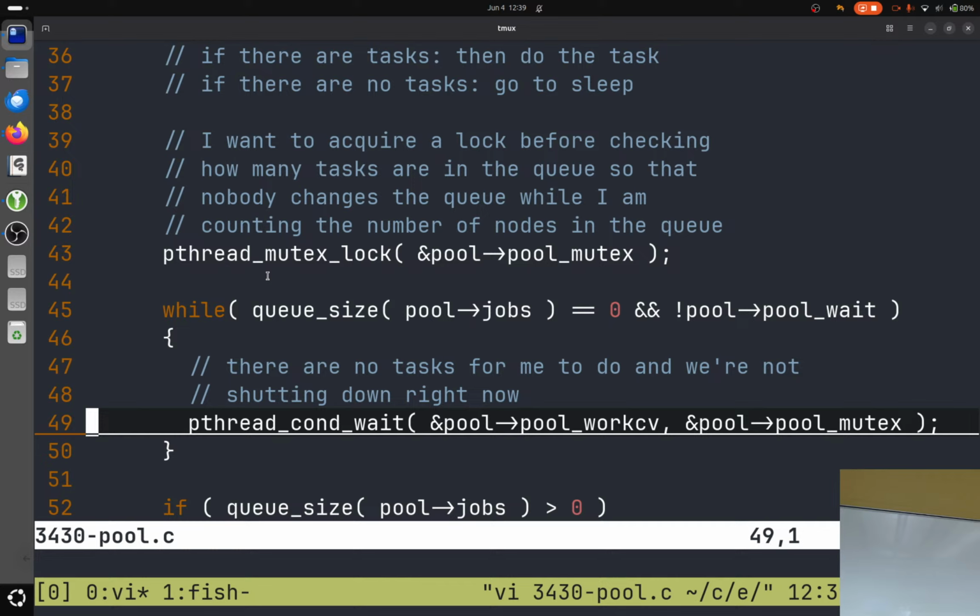With locks, we immediately enter this critical section. Condition variables are put yourself to sleep and, in fact, release the lock, give up the lock while you are sleeping. This is a blocking operation, so the thread of execution that gets to this line will just get stuck here. It gets stuck here and it is waiting until